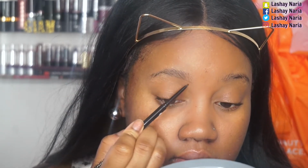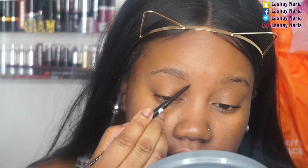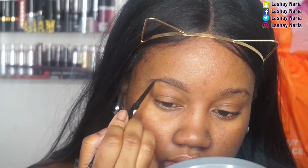But I still love this. I plan on buying two next time because it breaks so easily. But look how smooth it goes on. It's super fine and super thin, and I love that it's really dark. So yes, anyway. For my eyebrows, I like to start from the bottom, of course, and I like to